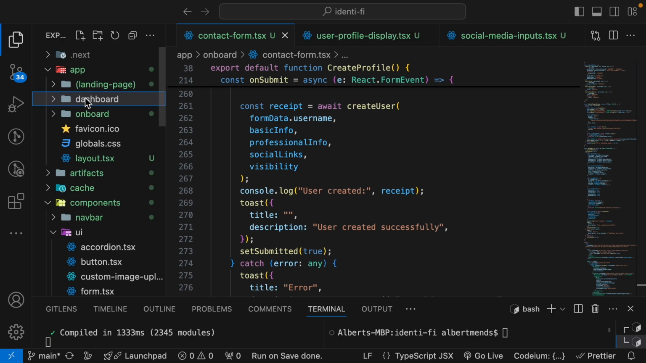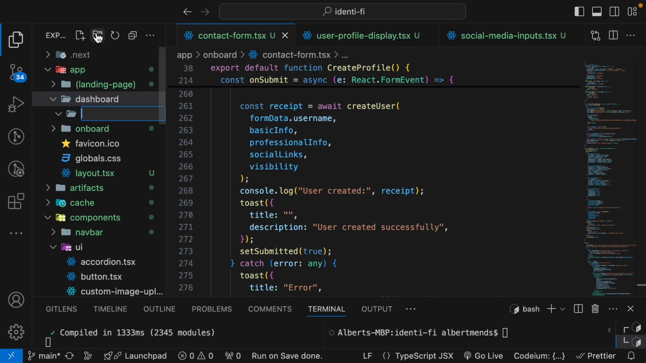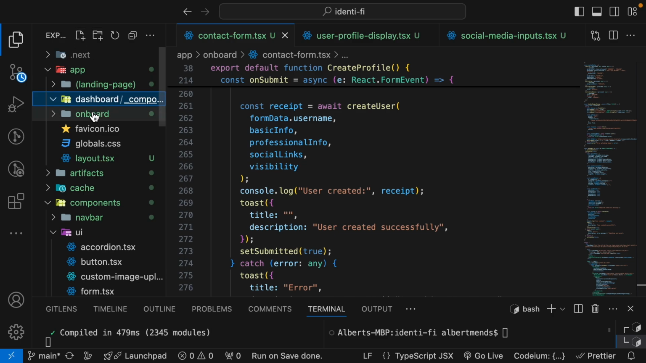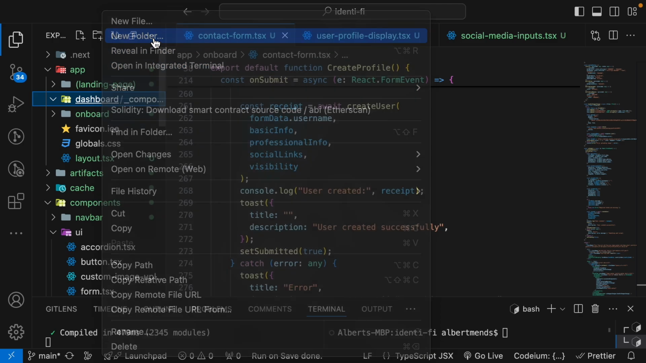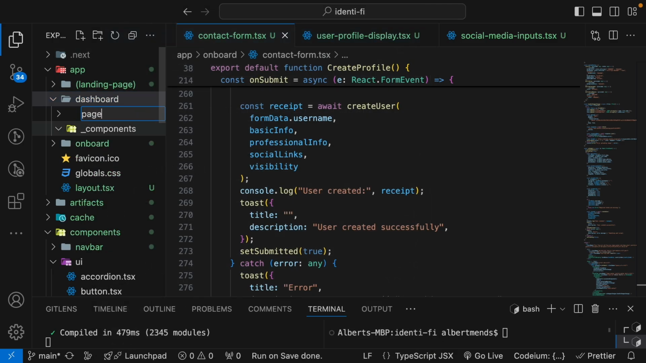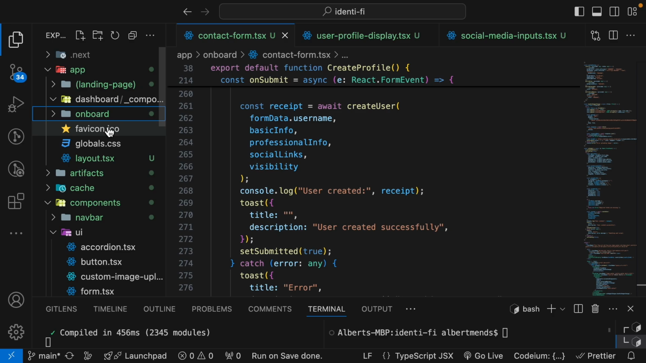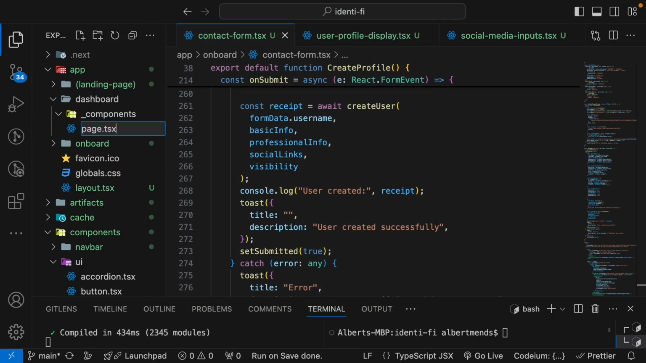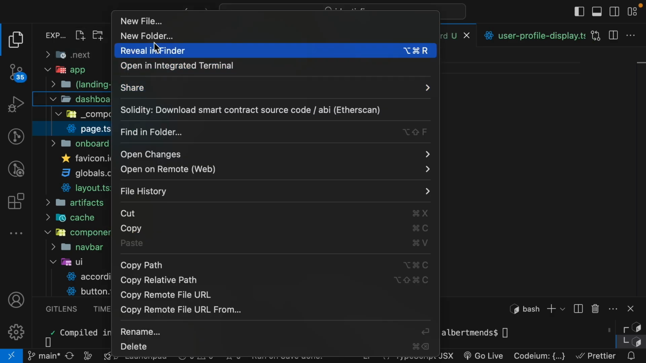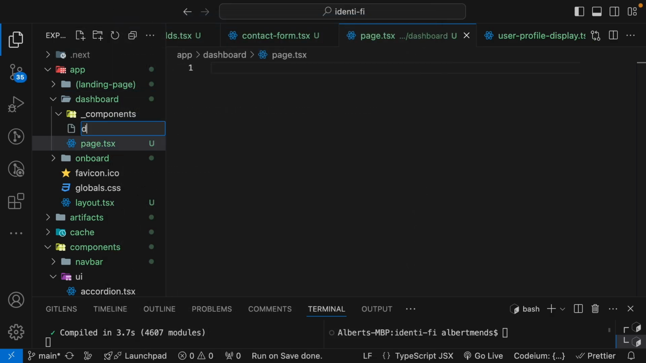And we are going to have our component. We are going to create a component folder inside the dashboard, and we are going to create a page.tsx. This is supposed to be a file, not a folder. So we are going to create a new file, page.tsx, and then we create another file called dashboard.tsx,